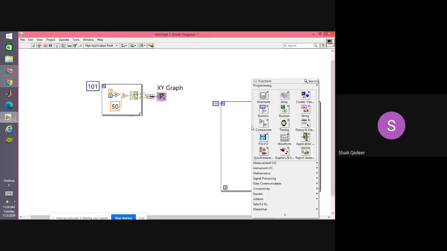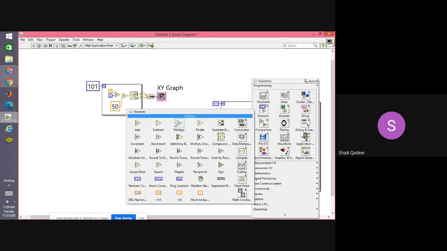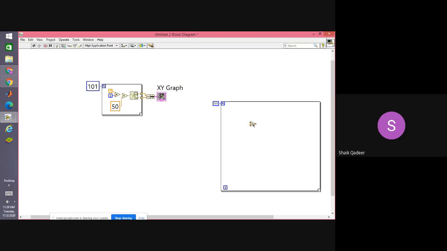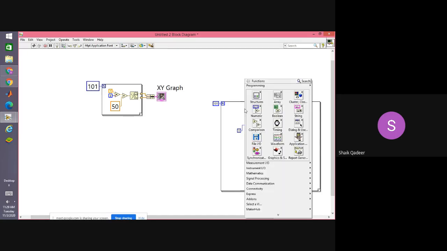Then right click here, go to numeric, take a multiplier, because we want to multiply with index i. So move i near this and connect it, and right click on the other input of the multiplier and select create. Instead of creating a constant, we will right click here because we want pi.